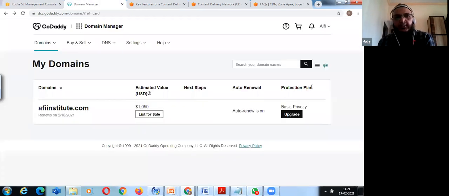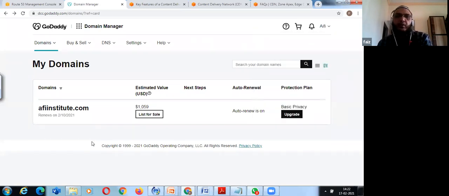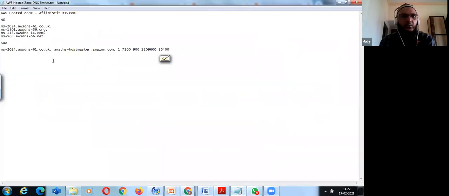You have to provide the proper account settings, your company name, the address details and your phone numbers, and they take days to verify this, and then they will register a domain name for you. As soon as you do that, I'm not showing the NS records and SOA records for security reasons, but these are the records from when I was working with Route 53.